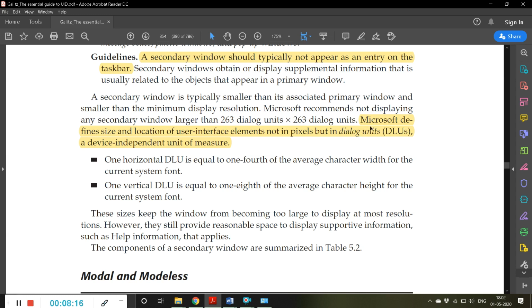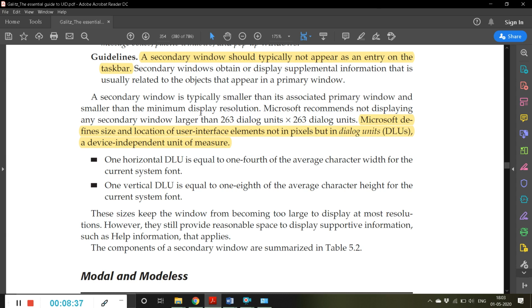So what is a dialog unit? Microsoft defines the size and location of user interface elements not in pixels but in dialog units. And what is a pixel? You must know that a pixel is the smallest basic unit of a screen.